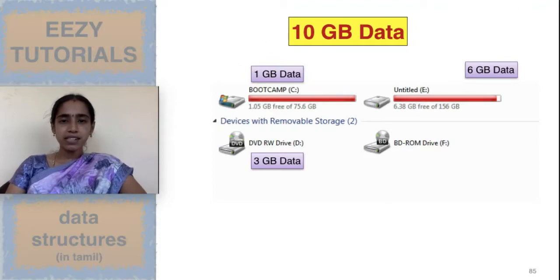Let us see a real-time example. This is my drive. I'm having only 1 GB in C colon, 6 GB in E colon, and the remaining space I'm having in a hard disk or CD or something, a secondary storage. So now I'm supposed to store 10 GB of data. Will I be able to store it directly in any of the drives? No. So I'll be splitting the 10 GB into 1 GB, 6 GB and 3 GB and I'll be storing them separately. So at this time I need a link for connection of the first part of the data to the second part, third part. Among these parts of data I need a connection. So for this type of scenario I will be able to use a linked list.